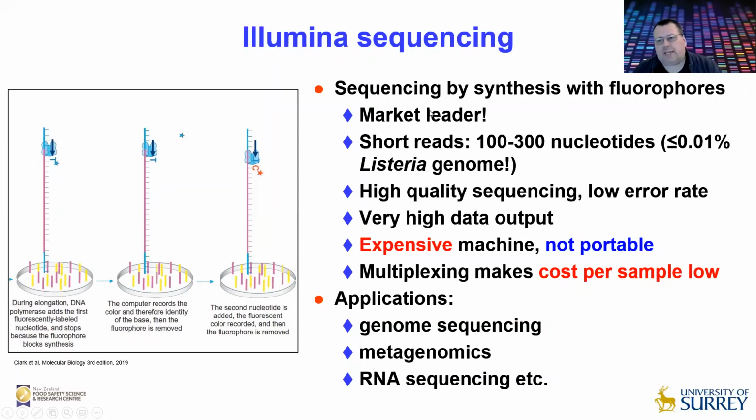And each time one is added, it gives either a flash or not in a certain color, and that flash is recorded, and so then they know that that nucleotide has been added. And so a lot of images are taken, and that is then translated into the sequences that you get. It's because it's quite time consuming and very data heavy, you can only get short reads, usually somewhere between 100